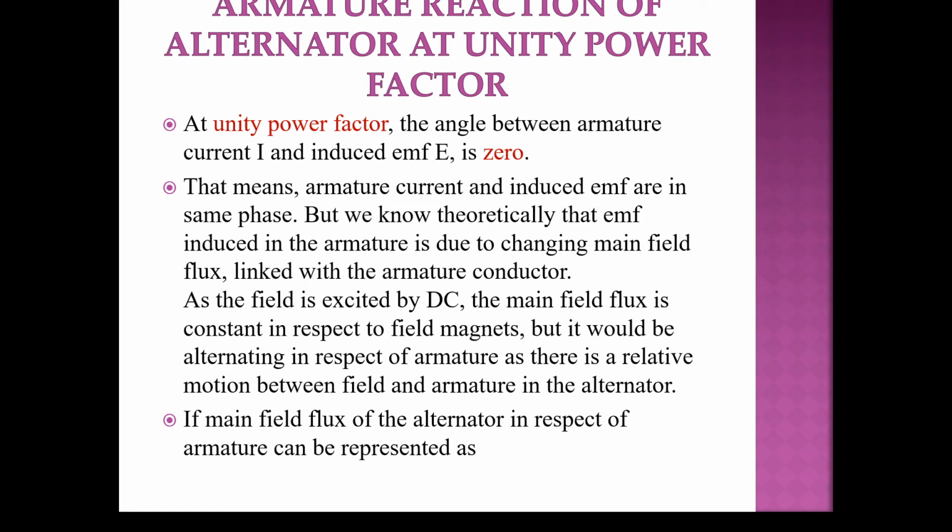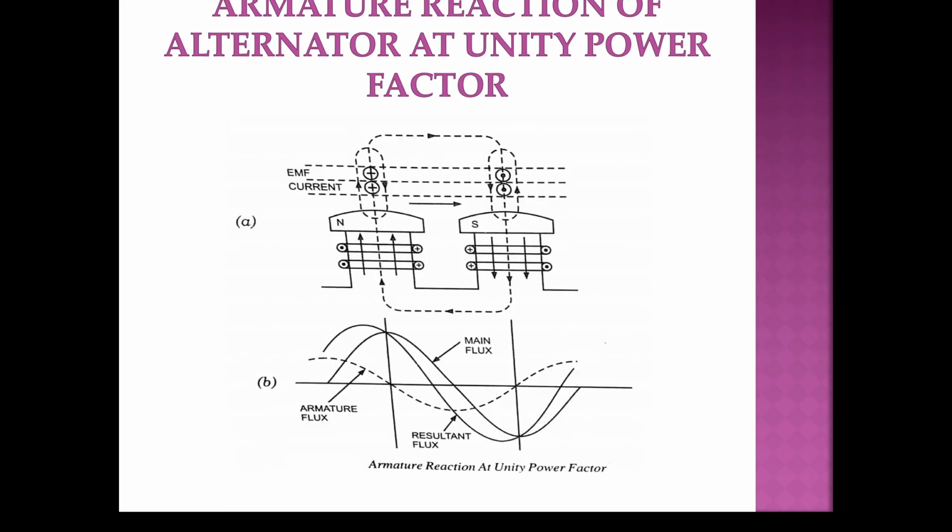So distribution of stator current and fluxes of alternator with zero phase displacement between current and voltage, assuming the rotation of poles to be clockwise, we are showing in the figure. So crosses and dots which are appearing in the conductor will indicate the instantaneous direction of EMF induced and current flowing. Cross indicating the inward direction and dot indicating the outward direction. Okay, here in this diagram we are seeing dots and crosses.